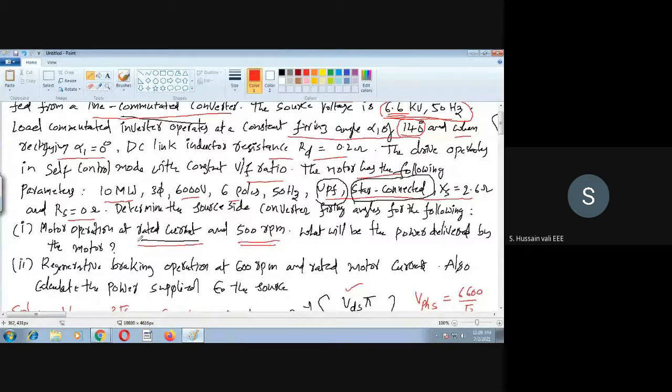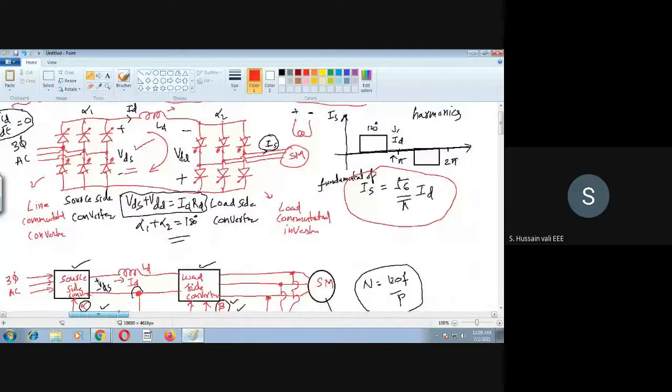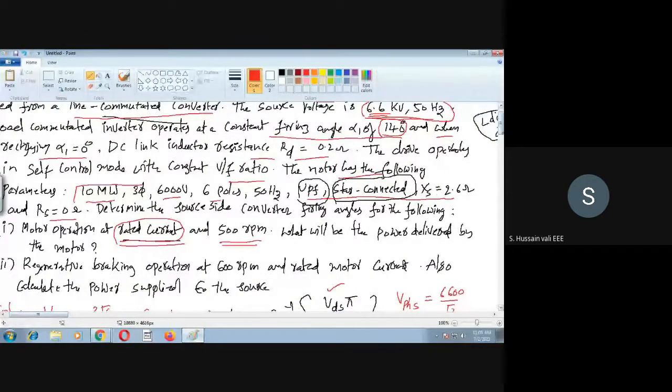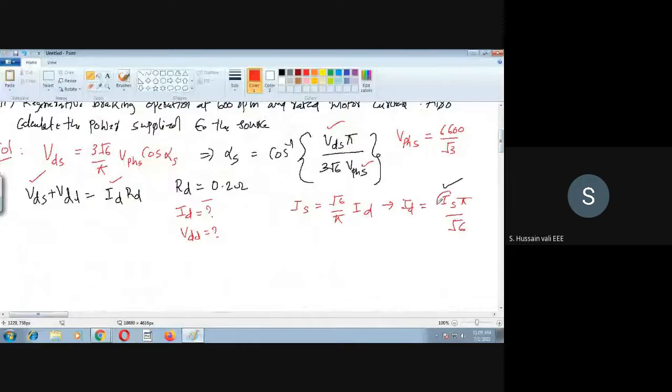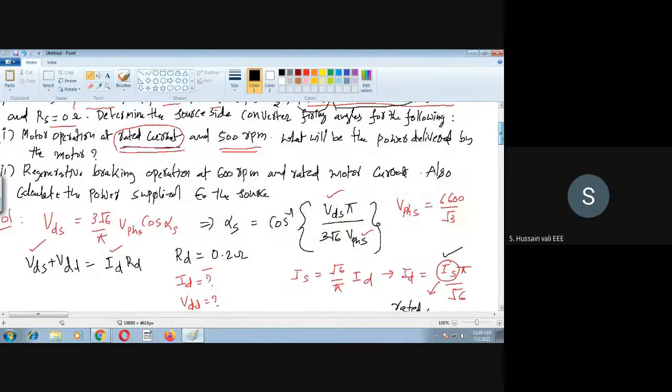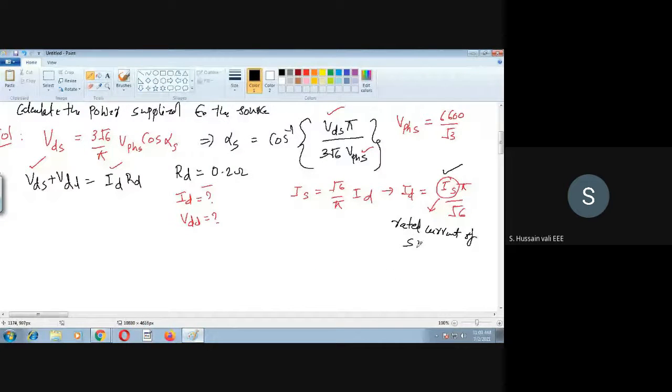So the current is rated. This is very important. Which current is it? Rated current of the motor. So now the motor data he has given are rated values. Then from this we will find out the rated current. That current is nothing but IS here in the problem. IS here, in this particular problem, is the rated current, because the question says rated current. Which rated current? Rated current of the synchronous motor. That's important. So IS is the rated current of the synchronous motor.